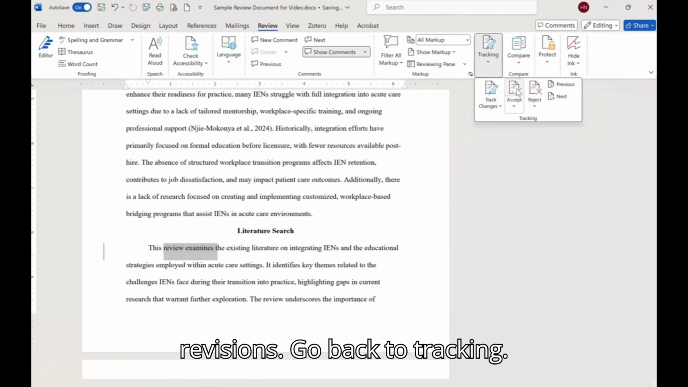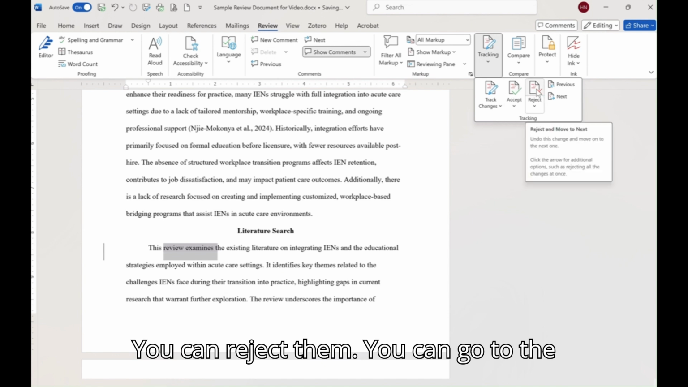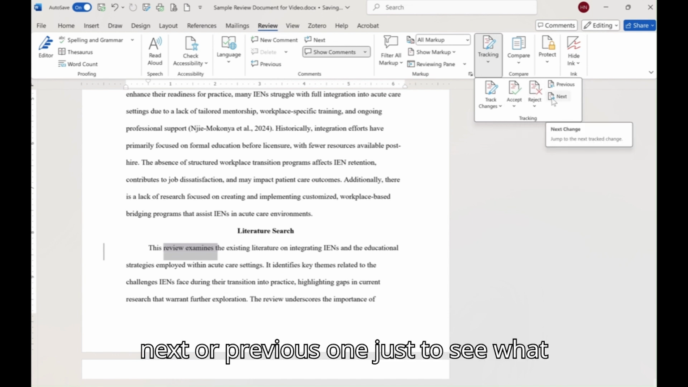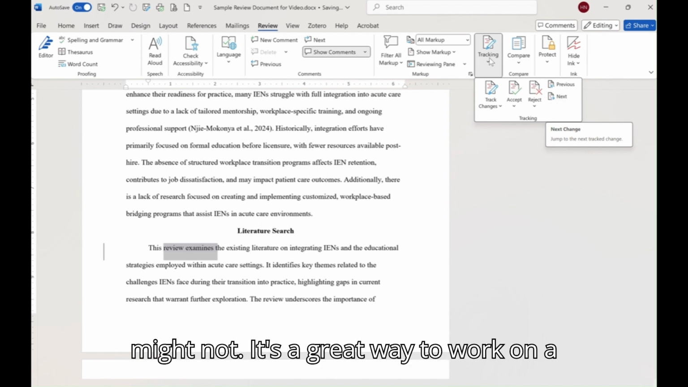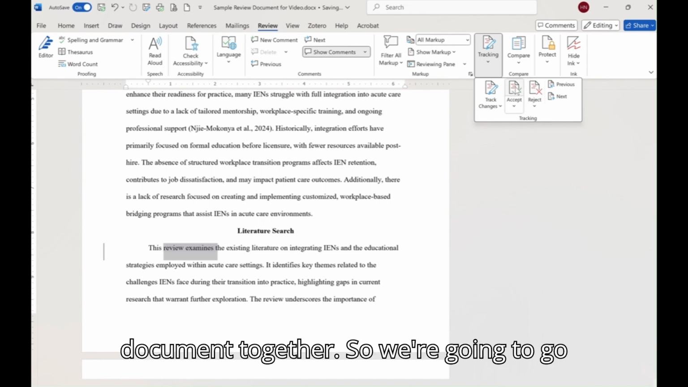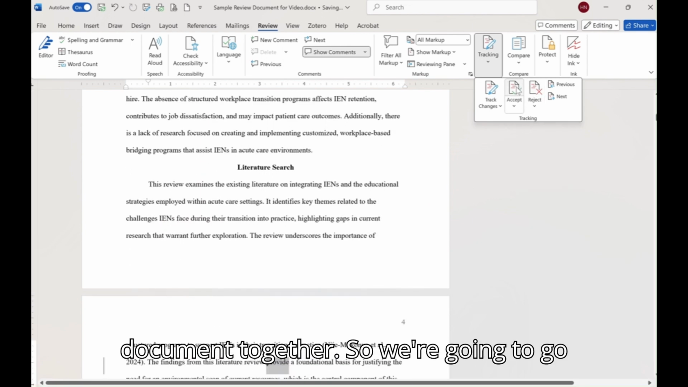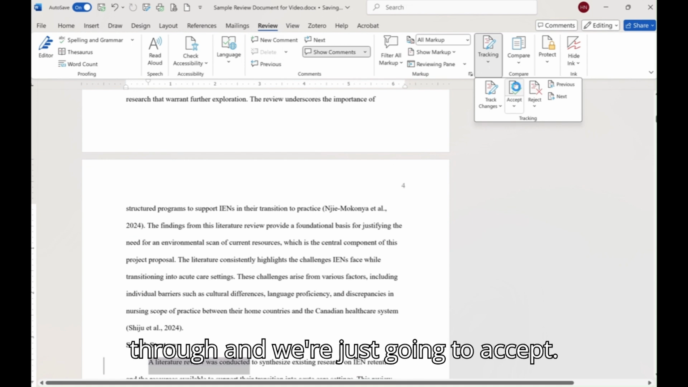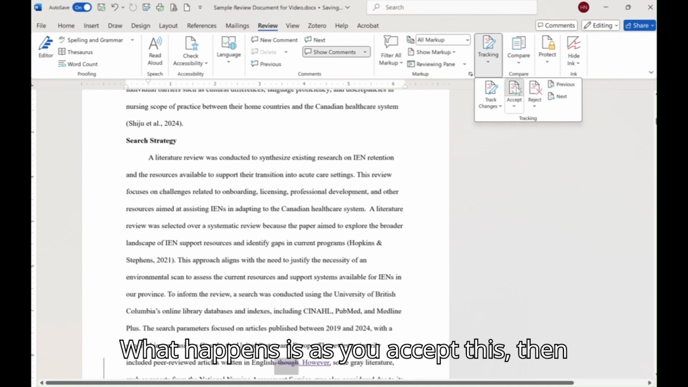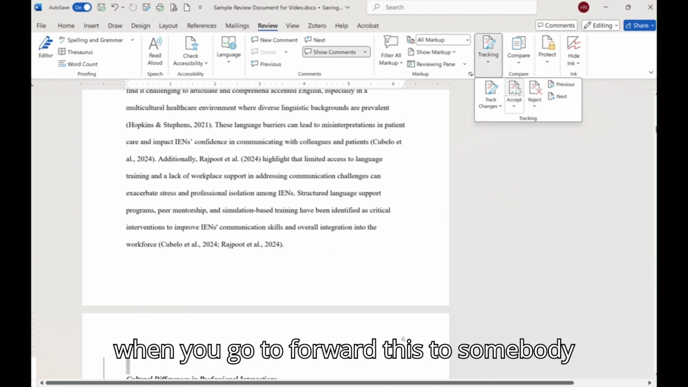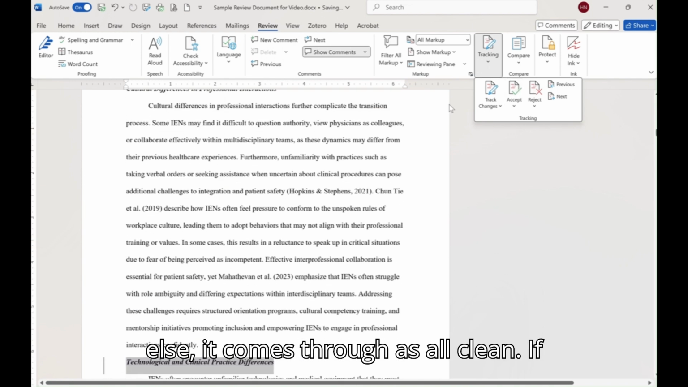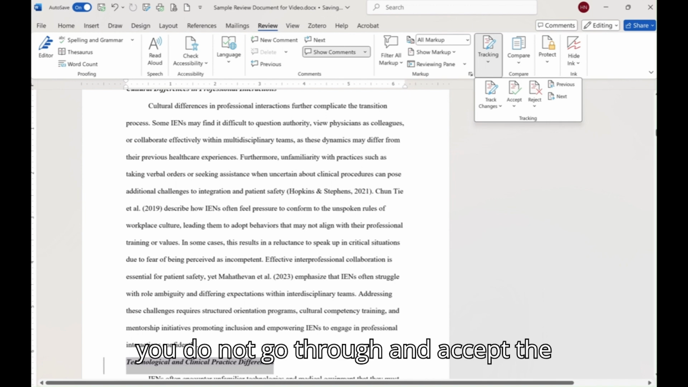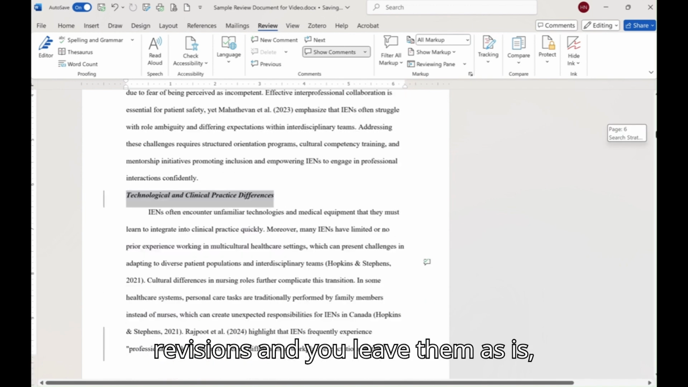Go back to tracking. You can reject them. You can go to the next or previous one just to see what kind of suggestions or revisions were made on your document. You might agree or might not. It's a great way to work on a document together. So we're just going to accept. And what happens is, as you accept this, when you go to forward this to somebody else, it comes through as all clean. If you do not go through and accept the revisions and you leave them as is,